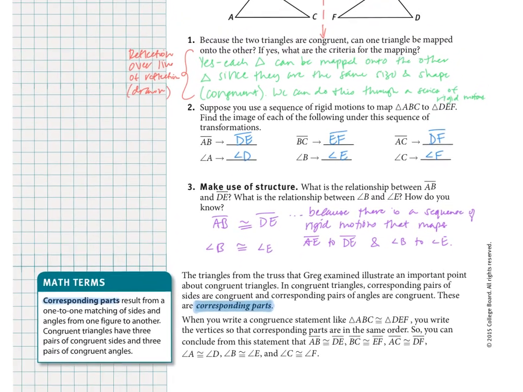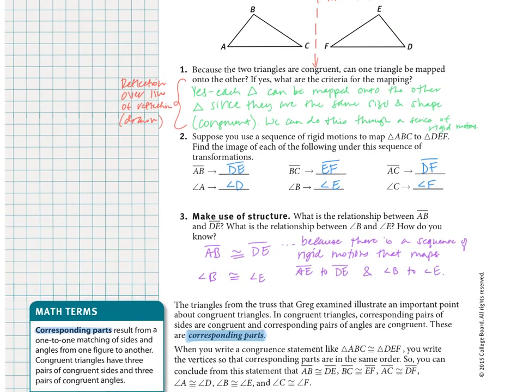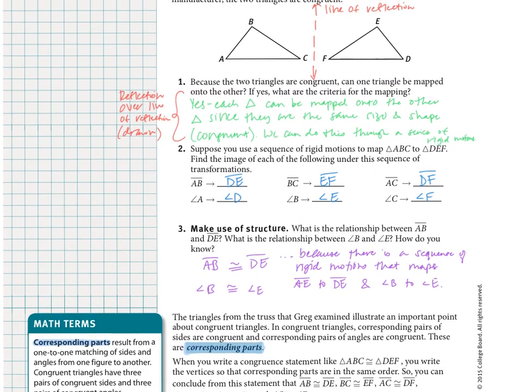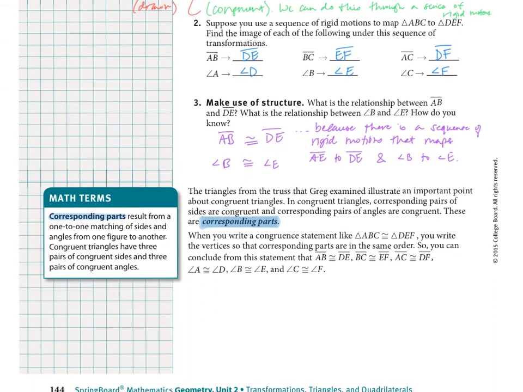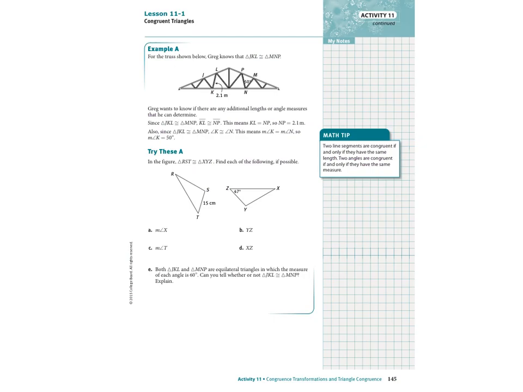But we can also look back at our picture, right? And we can also say BC is congruent to EF, what we said before. AC is congruent to DF, and we can also do it with the angles. Angle A is congruent to angle D, angle B is congruent to angle E, and angle C is congruent to angle F. On to the next page, it starts to look at example A,